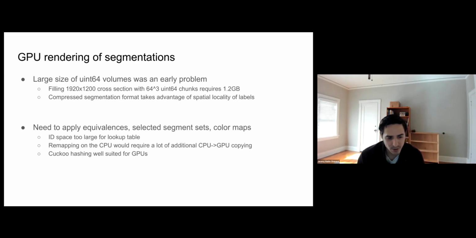If your labels were all 1 byte in size, you might have a very small 256 element lookup table that maps each value to a color. And then if you want to change the color mapping, you can just update this small lookup table. Here, though, we have an ID space that might be 64 bits, which is much too large for a lookup table. And so doing this remapping on the CPU, as I mentioned, would require a lot of additional copying